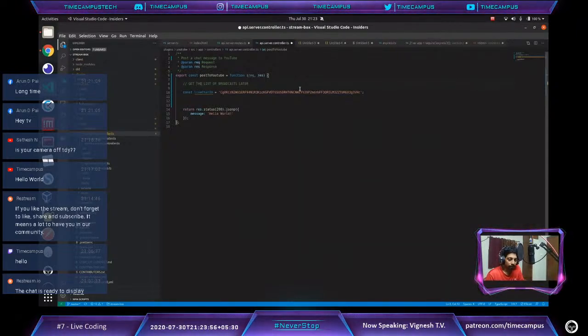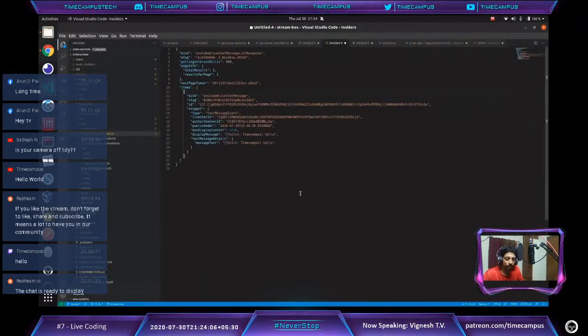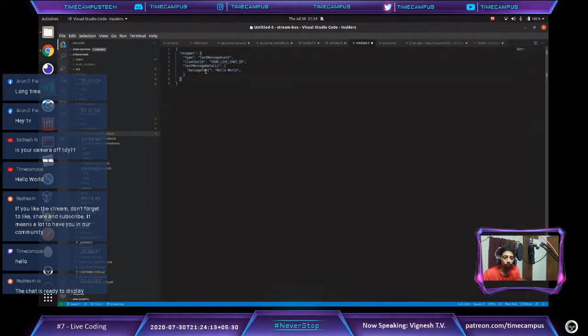Get the live chat ID from the list of broadcasts later. So we are hard coding the live chat ID, and what we need to do is call the second API to read all the messages, and the third API to post messages. Since we are defining the post endpoint now, let's quickly copy this payload,